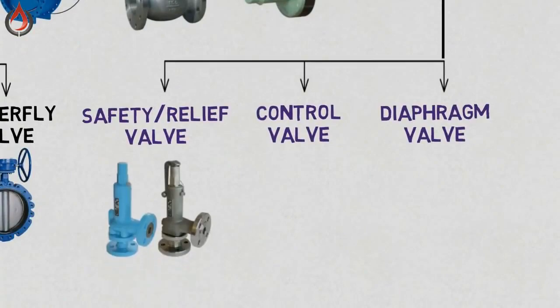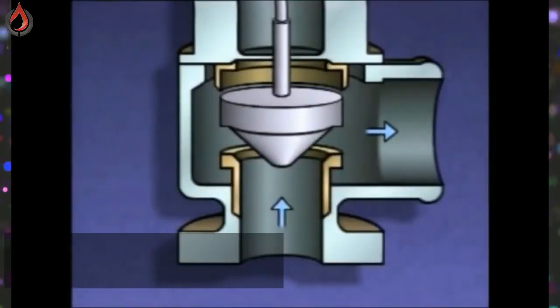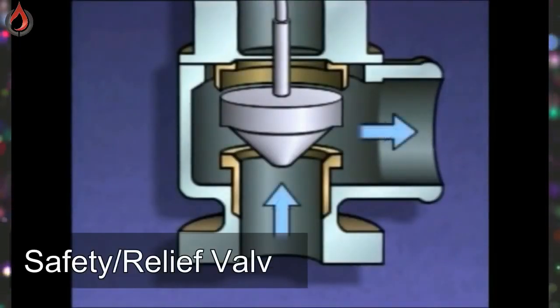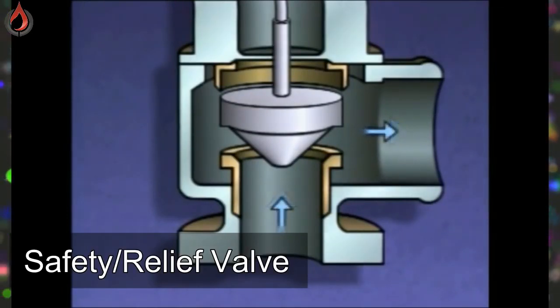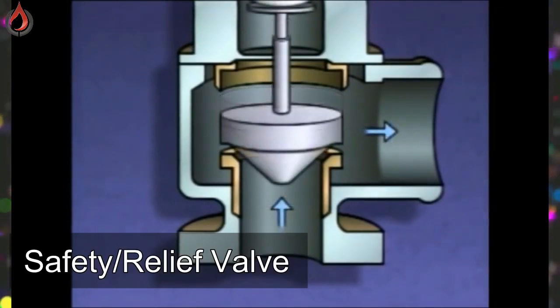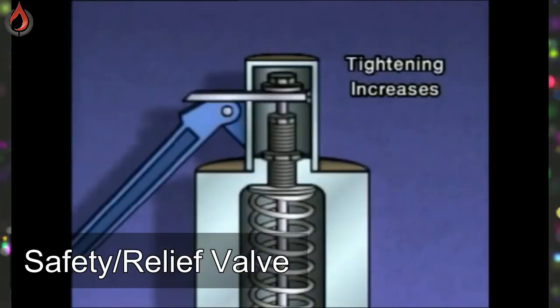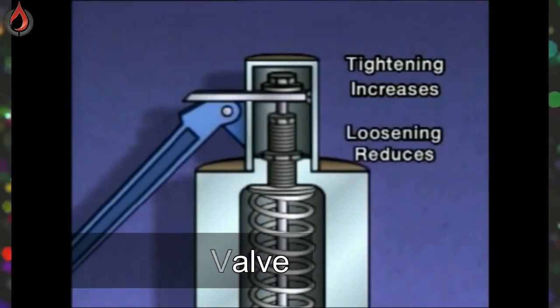Safety relief valve. A relief valve opens slowly as the pressure increases above the set point and only opens as necessary. A safety valve rapidly opens as the pressure setting is reached and will stay open until the pressure is lower than the actual pressure set point. Both valves are used to prevent damage by relieving accidental over pressurized fluid systems.